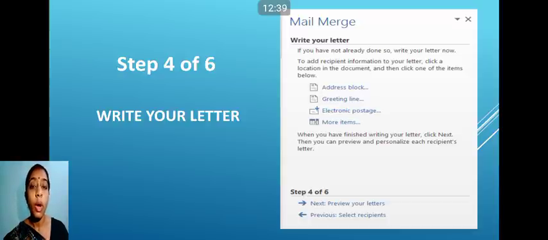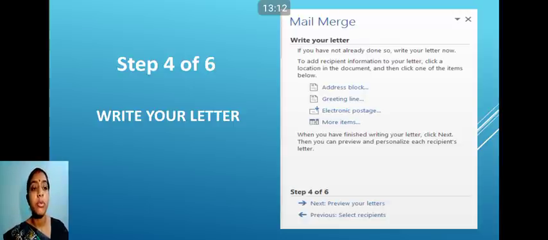No. Whatever fields we created in the previous step, that recipient list, this step decides at which position in the document they will be entered, where they should appear when we merge. For that, we have to click on more items, the fourth option written over there.